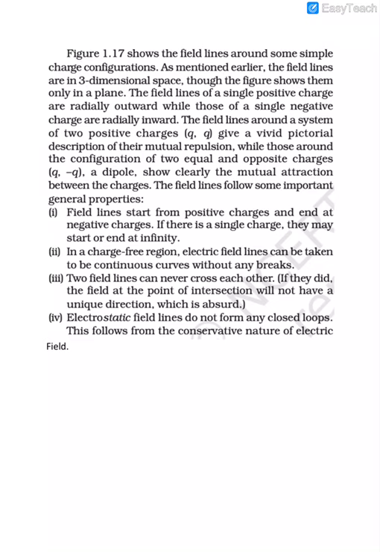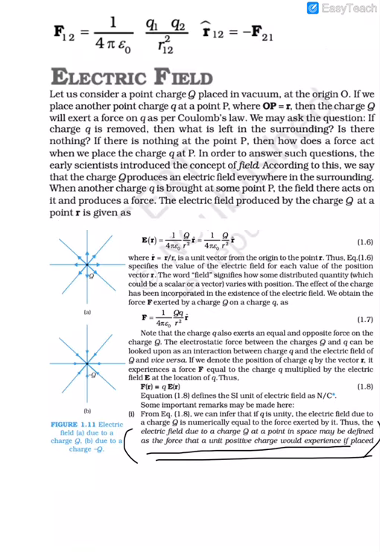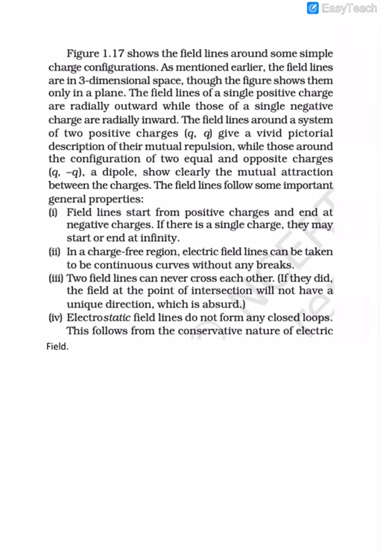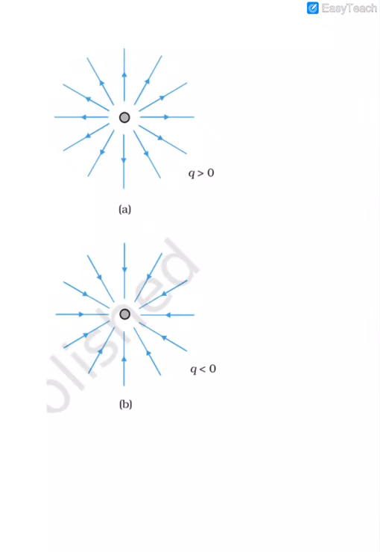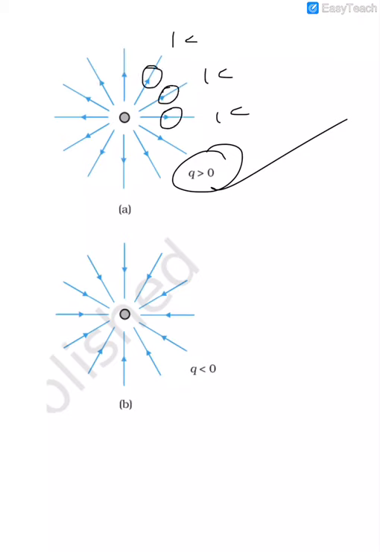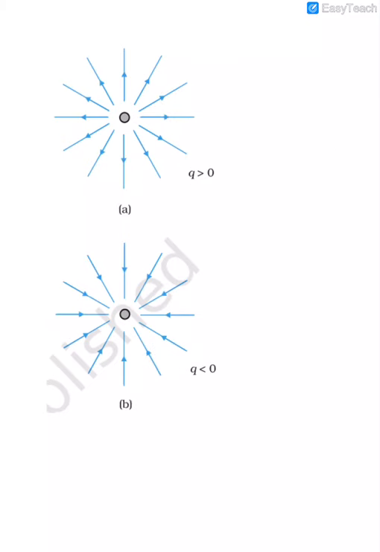Okay, so basically what we need to do is have a look at some diagrams of electric field lines to get an idea. This is the diagram for electric field lines due to an isolated positive charge. There is an isolated positive charge Q, and if you place a 1 coulomb charge anywhere, it will experience a repulsion. So you can see all these arrows are pointing away from the charge. Likewise, if Q is a negative charge, you can see that all these lines are pointing towards the negative charge.